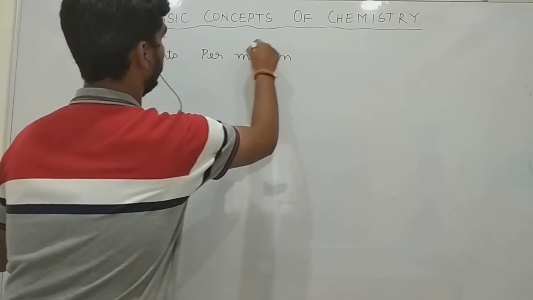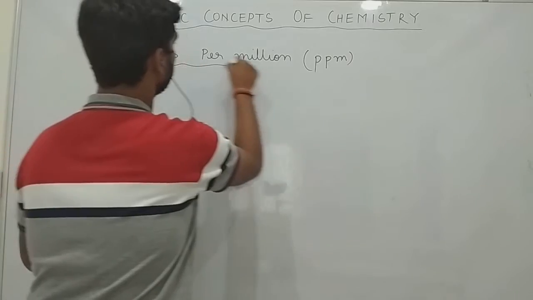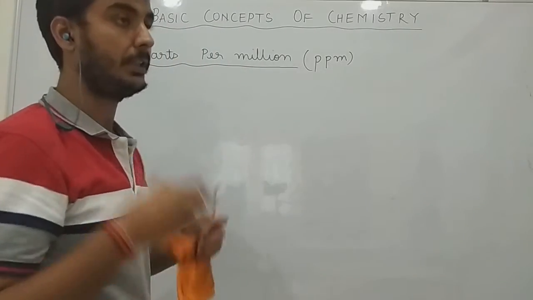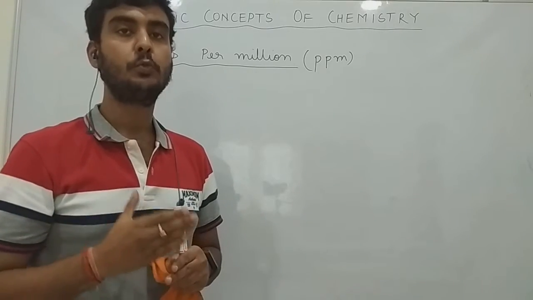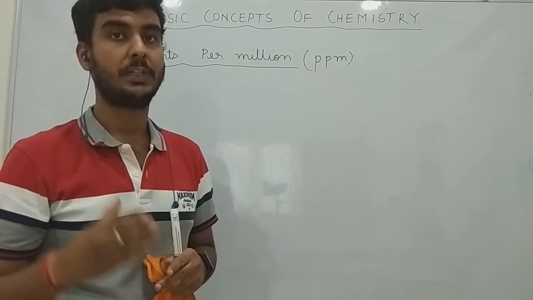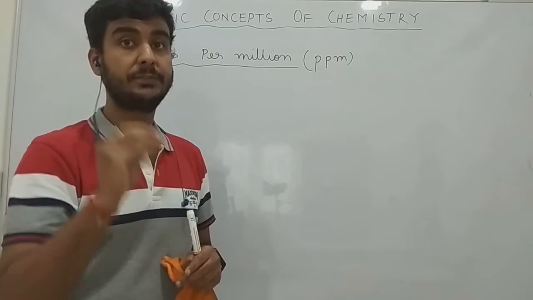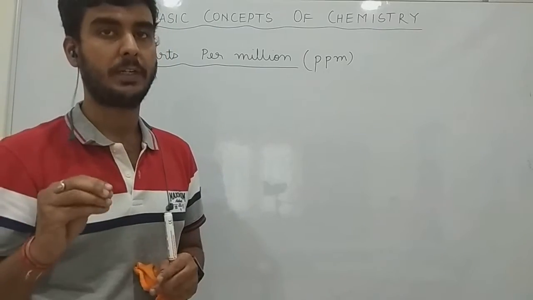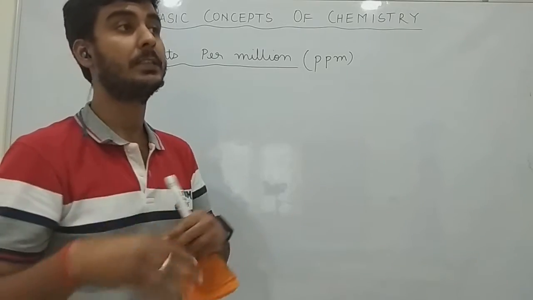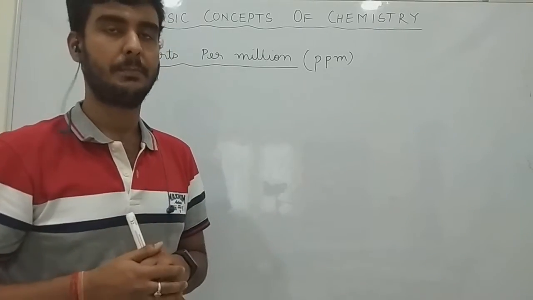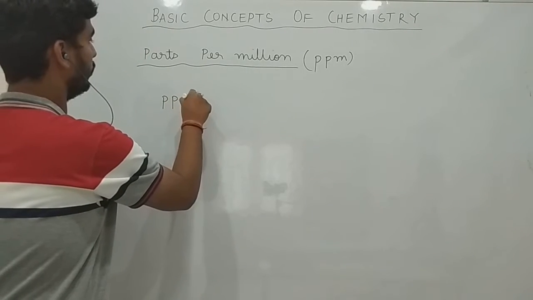It is abbreviated, or written in short form, as ppm. So ppm is not a very commonly used method to express concentration of a solution. So where is it used? It is used to express concentration of a solution in which solute is present in very small quantity. Remember, only if solute is present in very small quantity in the solution is concentration expressed in ppm. So the mathematical formula for ppm of solute is